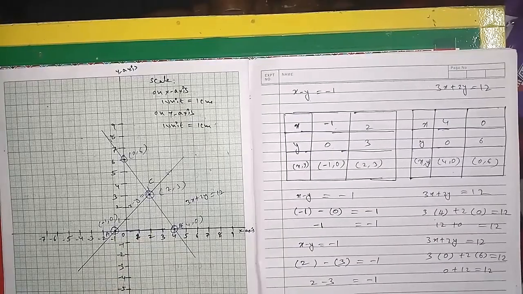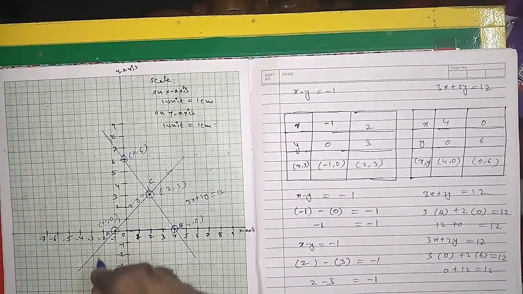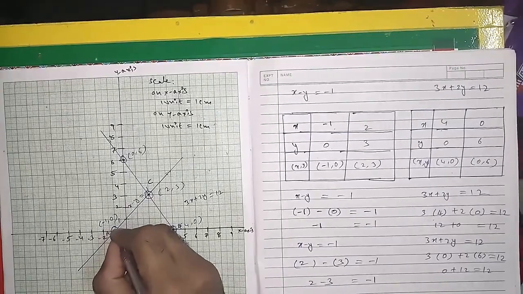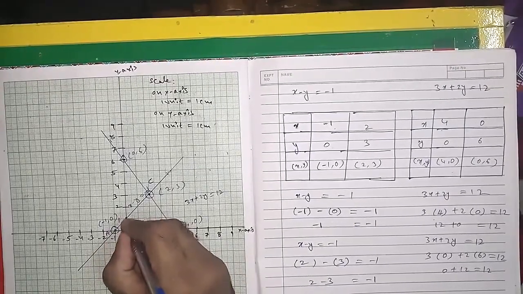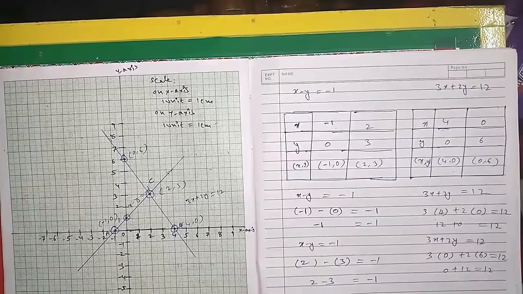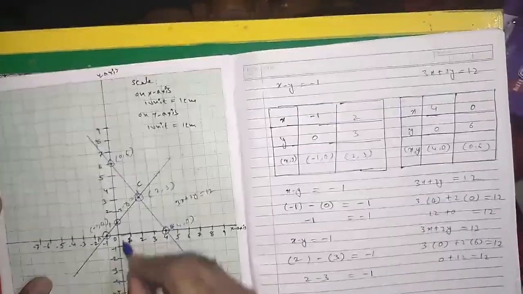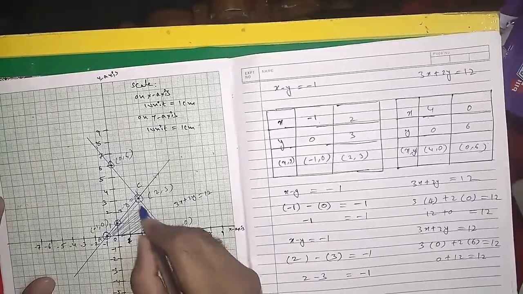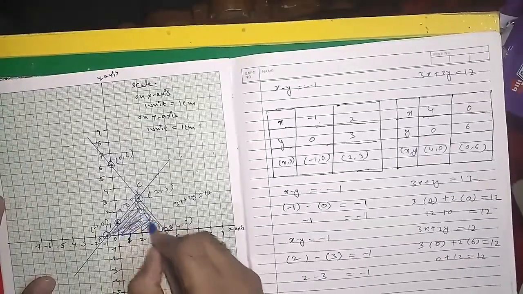Now see what it is asking. See where it is touching the x axis. In the question it is saying to show the x axis also. Here it is touching, and one more here it is also touching on x. Now shade the region of the triangle. This is the region of the triangle, the internal part.